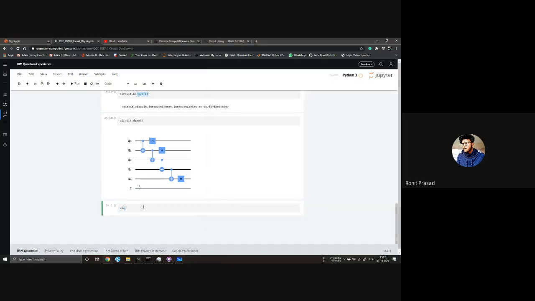Let's say I want circuit dot h on 2, and then circuit dot h on the third one, 0, 1, 2, 3.